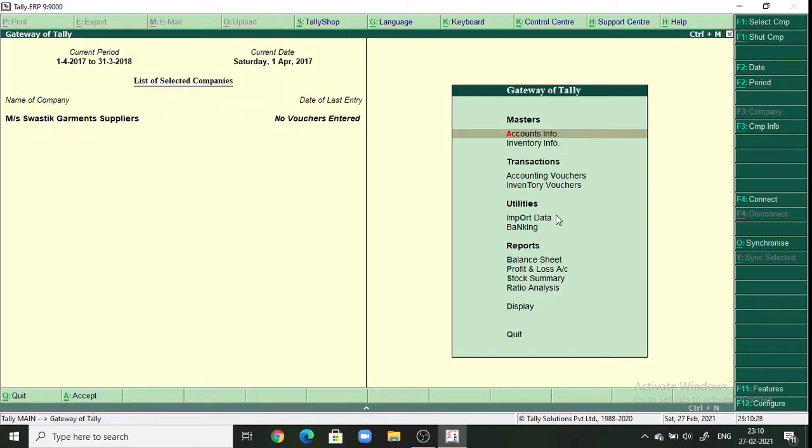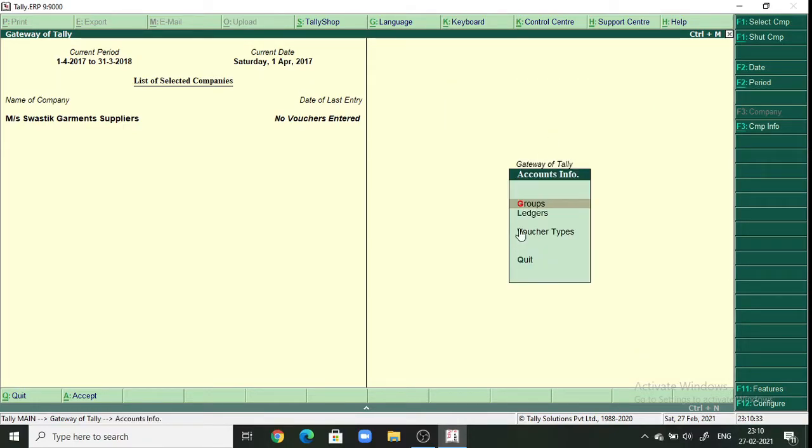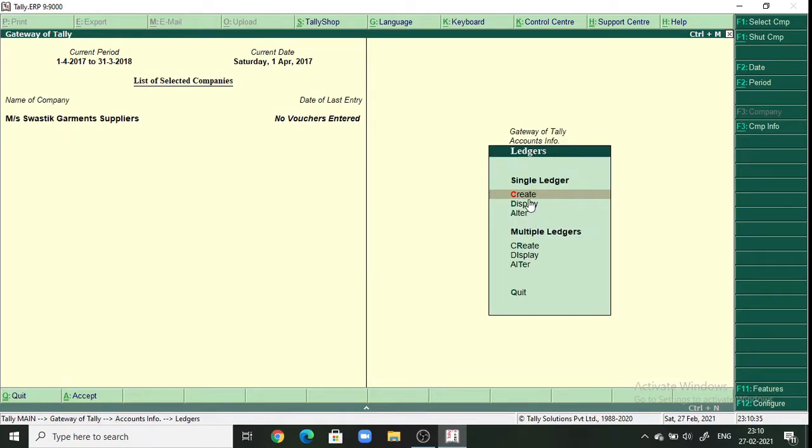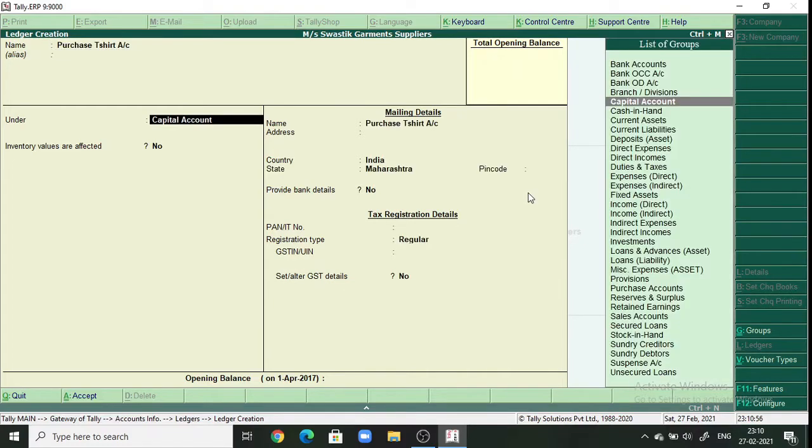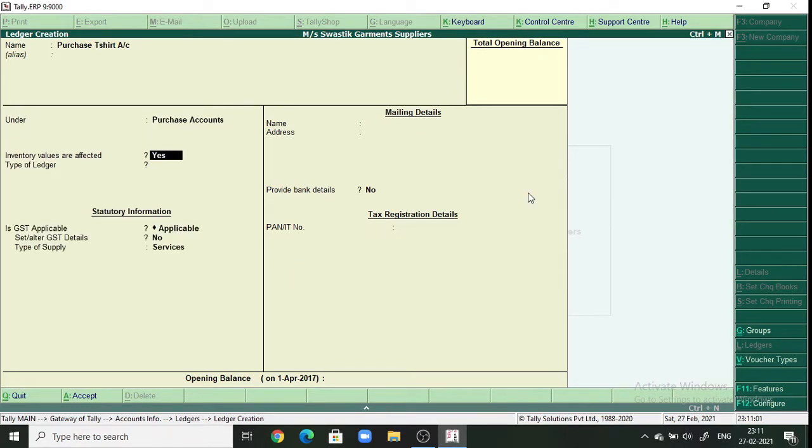So to create the ledgers, we have to go in Accounts Info and then Ledger, and then create single ledger. First ledger which we need is Purchase Ledger. Purchase T-shirt account, and under group will be purchase account, and then